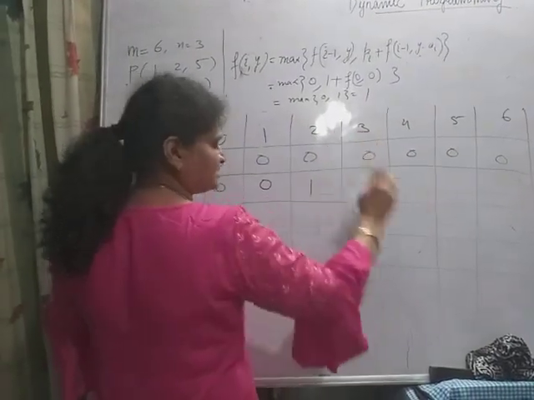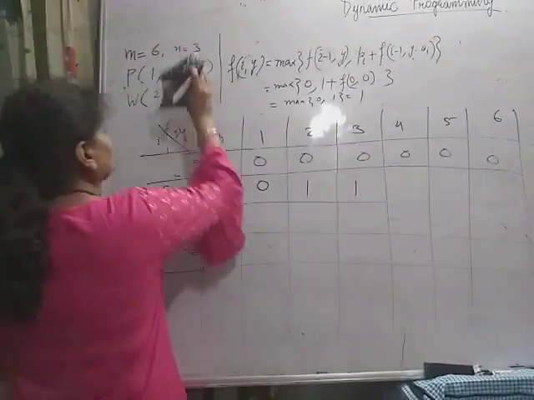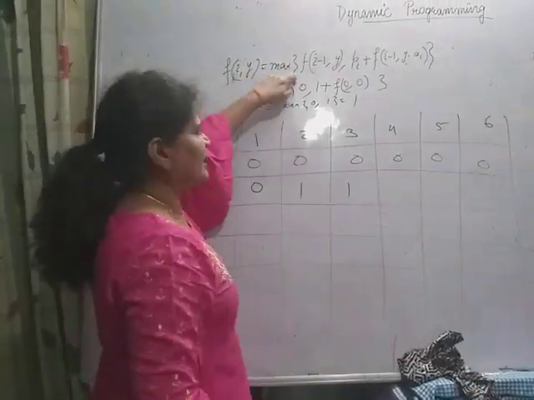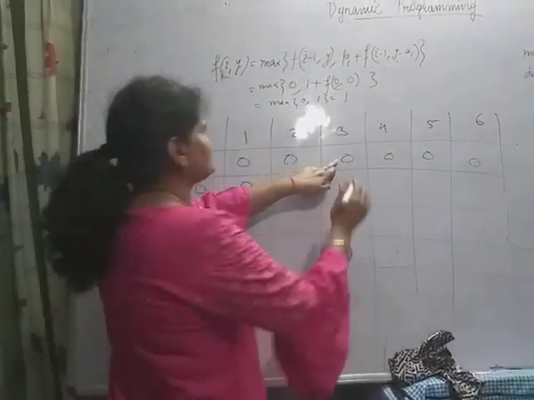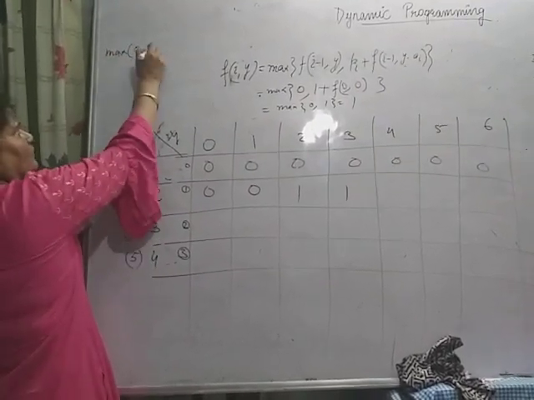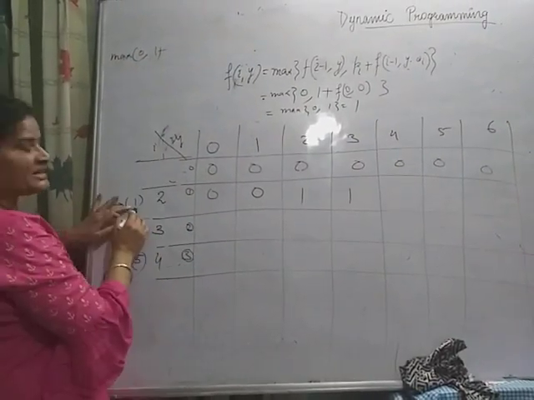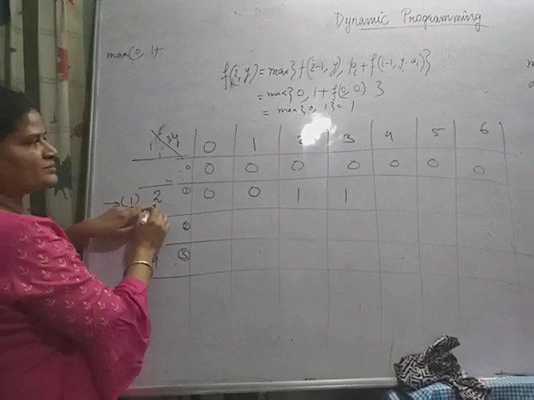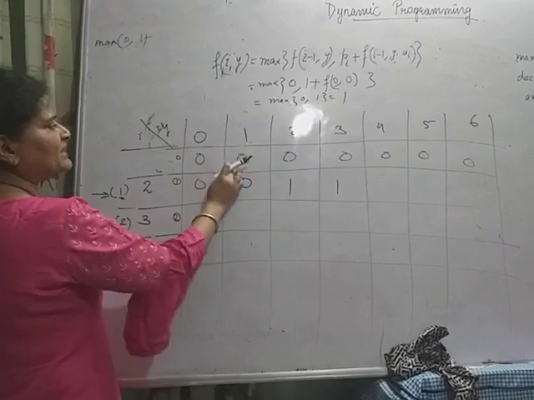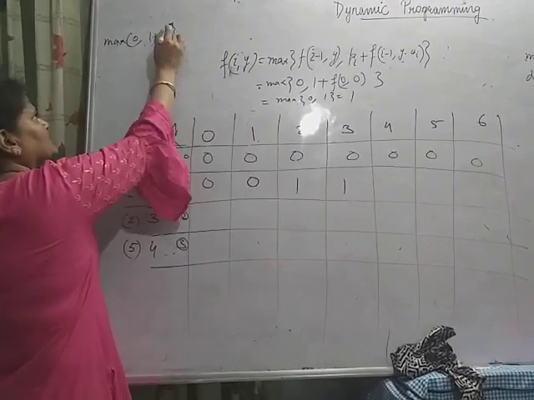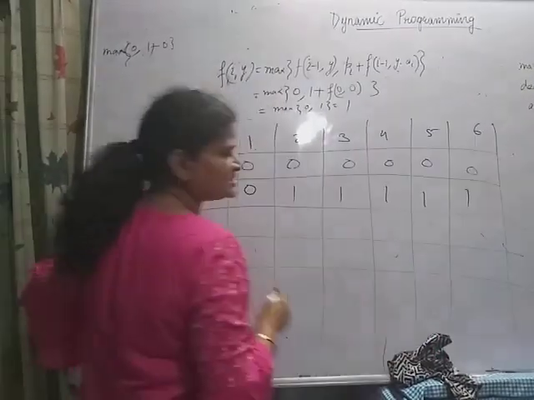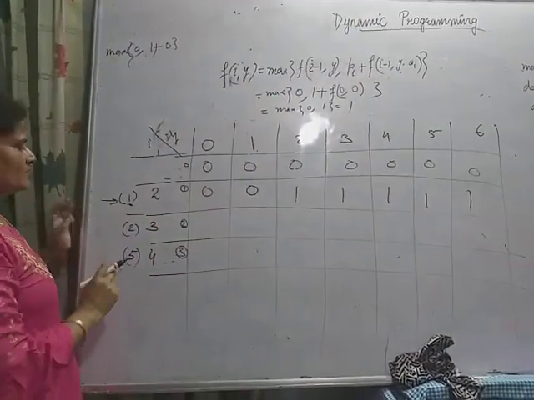If the capacity is 3, then calculate it again. So what will it be in 3? See, Fi means between 0 and what? Maximum of what? Maximum of 0 and 1 plus, what is its profit? 1 plus, and if you are including, so 3 minus 2 that is 1. So what is the entry at 1? 0. So it will give what? The 1. So here in this way this is 1. You can compute. Now come to this.